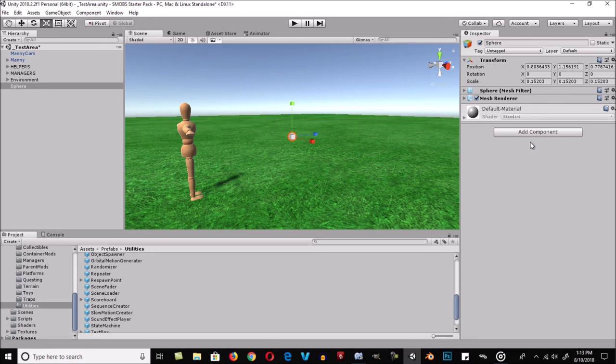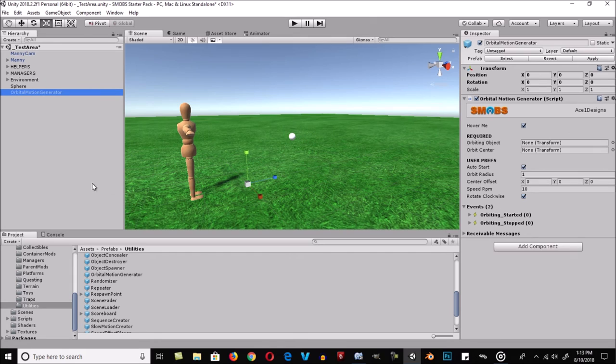Next, I'll drop an orbital motion generator into my scene. I'll drag the sphere into the orbiting object field. Then I'll drop my character, Manny, into the orbit center field. That will make the sphere orbit around my character. I'll leave auto start checked so that it starts orbiting as soon as the game starts, and I'll change the